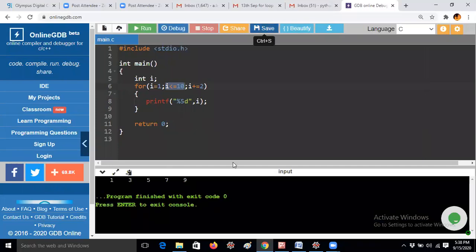So instead of writing the if condition, you can also write this logic in C language. How will it work? Once again, 1 less than or equal to 10 condition is true, 1 will be printed. Then it will go to i plus equal to 2. What is meant by i plus equal to? We studied this in Python assignment operators also. This is called shorthand assignment notation. i plus equal to 2 means i equals i plus 2.